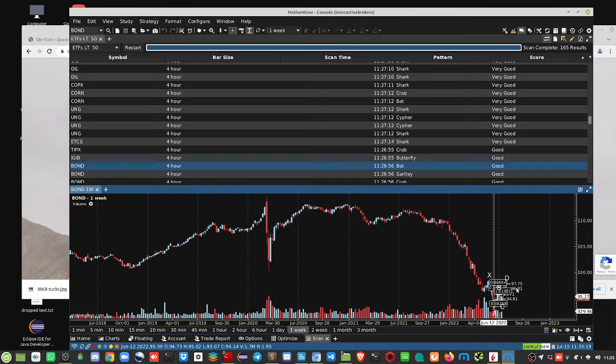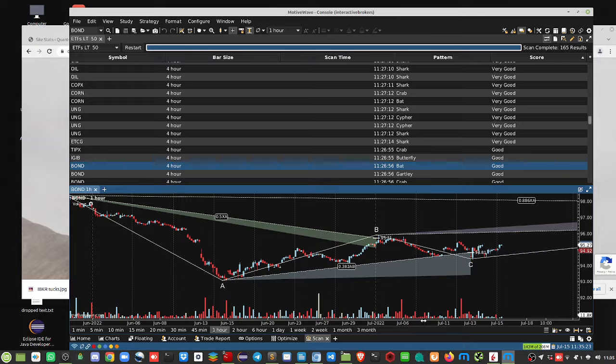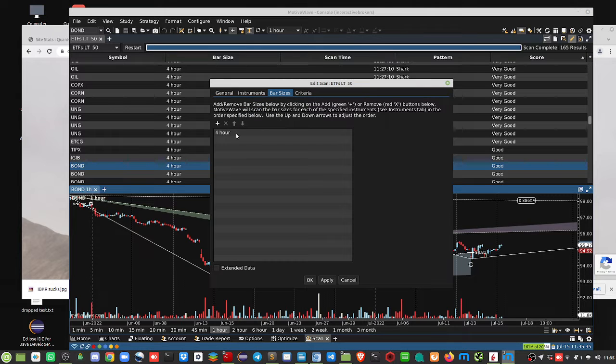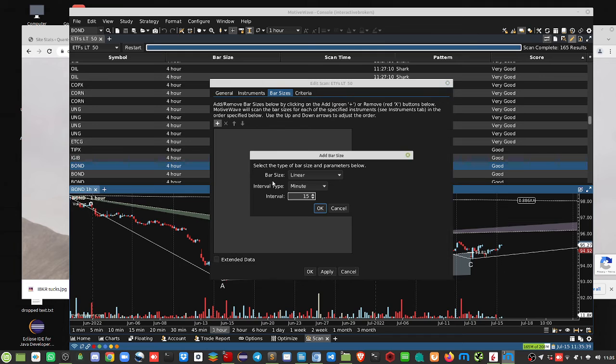It's a good thing, but intraday, if I looked at hourly, some stability and strength actually in the bond here. Now, if I was to change the time frame from 4 hour to daily, the difference is not much. Again, this is among 50 different ETFs,